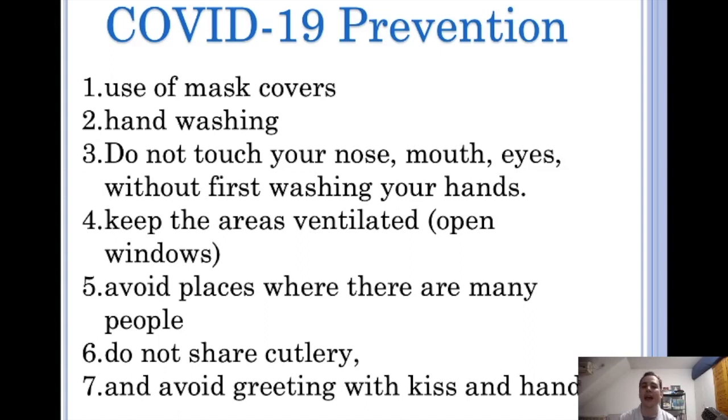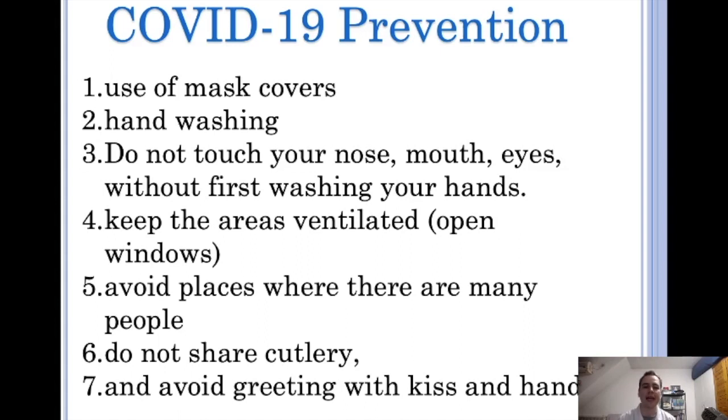Fourth thing, keep everything ventilated, okay? Open the windows if you're in the office. Open the windows if you're in the house. Try to open the windows at least 1 hour a day so you can let the air come through, and kind of move to a new environment, okay? Fifth, avoid places where there are too many people. That's for sure. If there are concerts or things where you think there are going to be a lot of people, try not to go, okay? Because the risk of infection is higher, and it's dangerous.